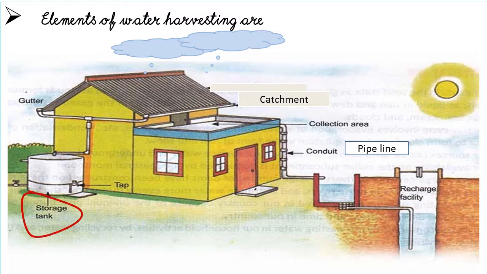Next is storage facility. Rainwater can be stored in any commonly used storage containers like RCC, masonry or plastic water tanks. Water quality improves over time during storage in the tank because impurities settle down in the tank if the water is undisturbed. Next is recharge facility. Alternative to the storage, rainwater can be used to recharge underground water. This can be done through any suitable structure like dug wells, bore wells, recharge trenches and recharge pits.